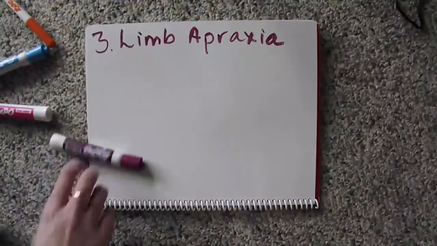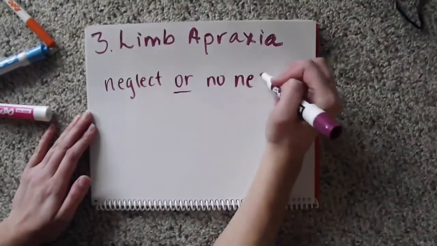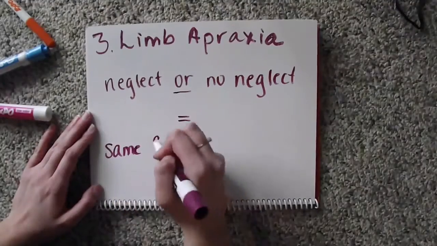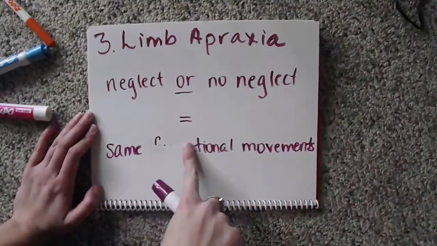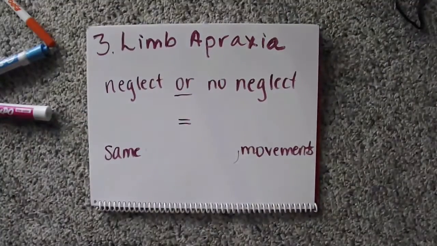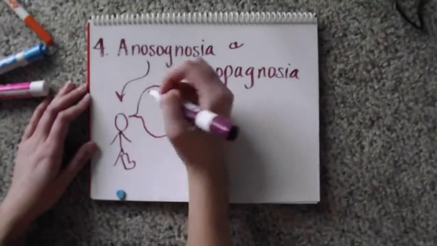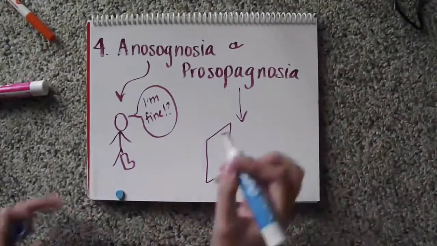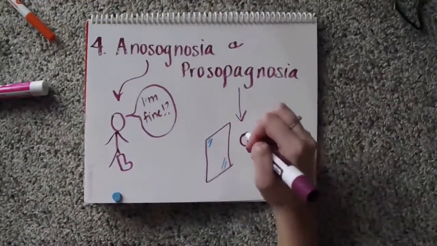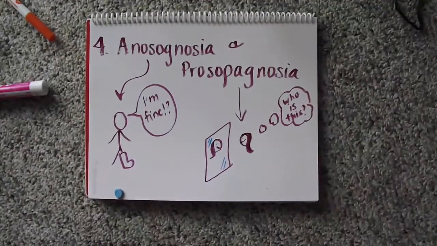Individuals with right hemisphere damage and left hemiparesis may exhibit limb apraxia. This is an impairment in motor programming, and the individual may struggle with functional performance on that side of the body, whether neglect is also present or not. Anosognosia is an inability to recognize a defect, such as paralysis, on one side of the body. The individual may deny the affected part or feel disconnected from that part of their body. Prosopagnosia is an inability of an individual to recognize faces, even their own.